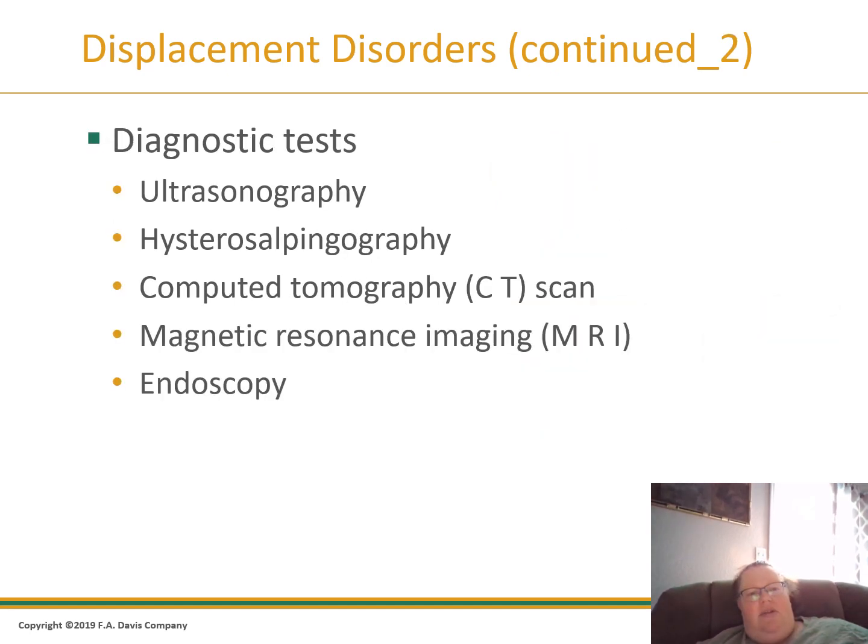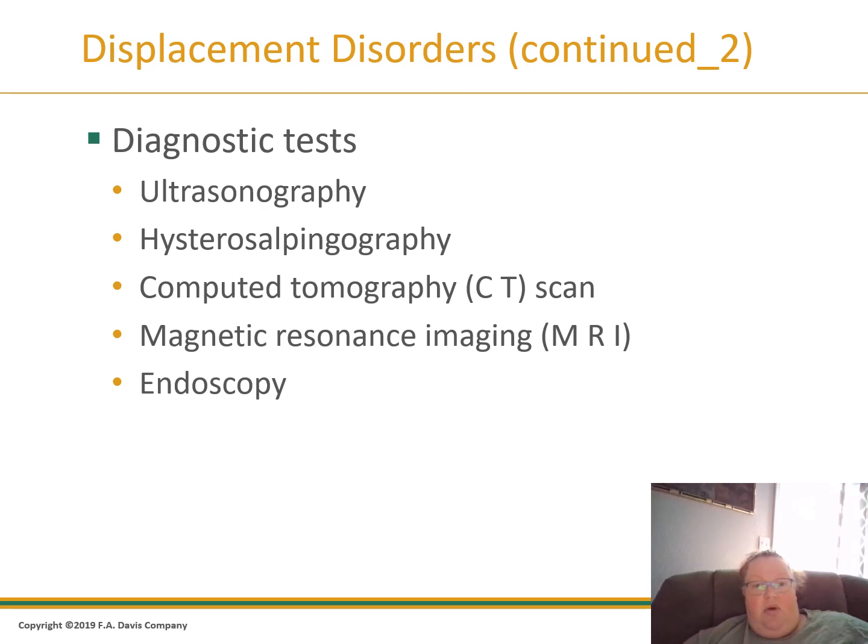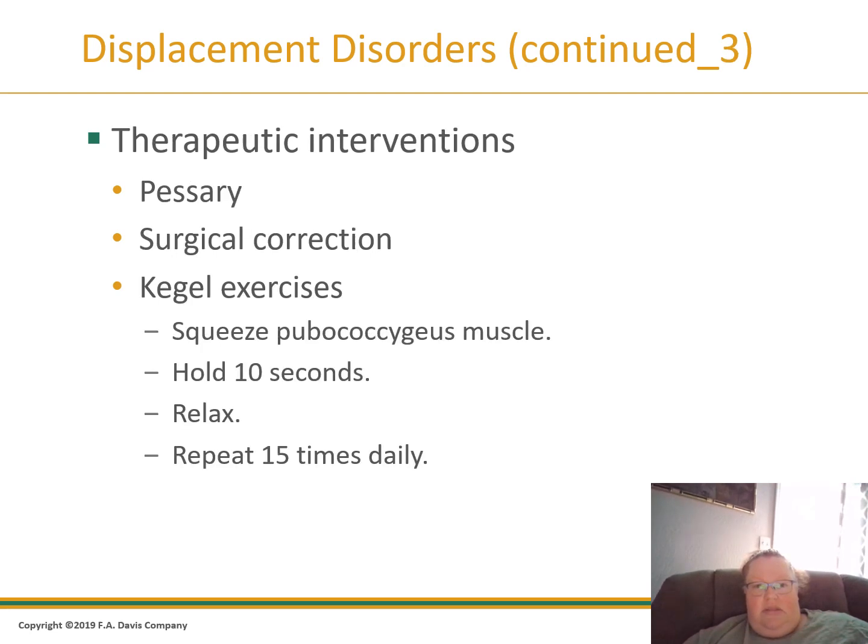All right. So we do ultrasounds, hysterosalpingiographies, CT scans, MRI scans, and sometimes, if you do just a vaginal exam, it will show you that there's something coming through the wall. So that's a good indication to go ahead and start scheduling a surgery because the only corrective way to